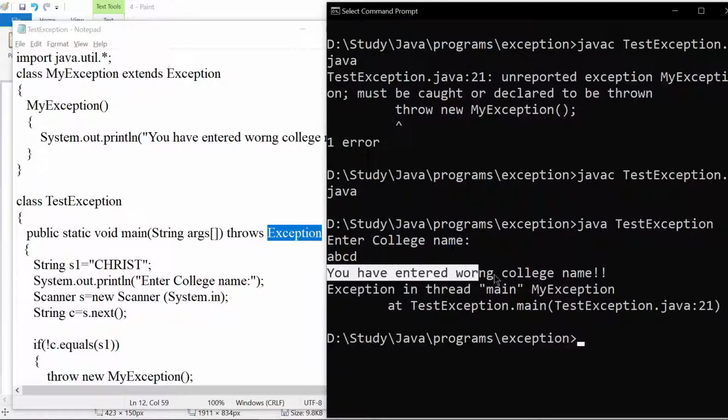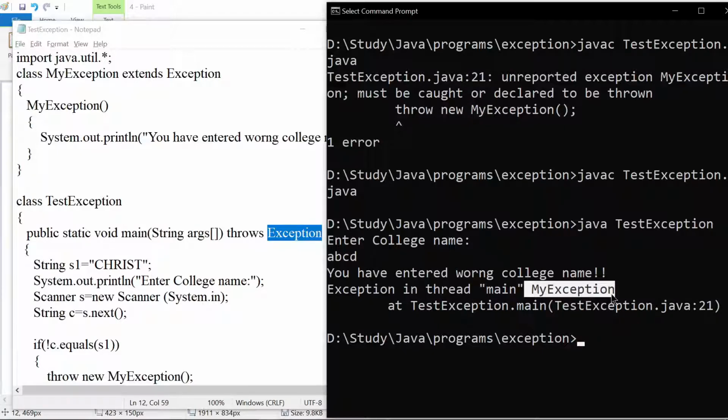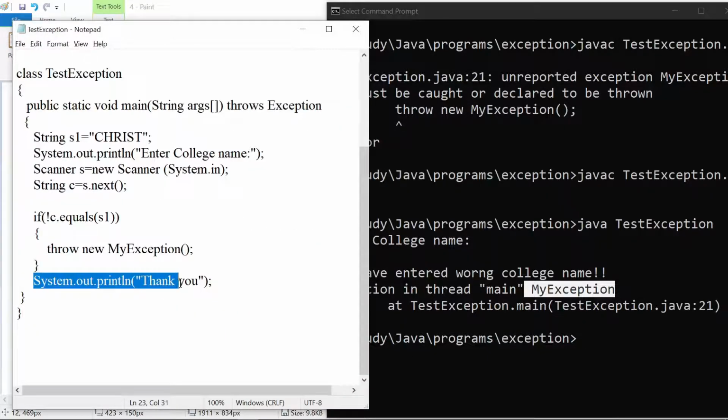That's why you have entered a wrong college name, and as you told, the system has to handle, that's why you are getting exception in thread main, my exception, because my exception, you got that exception. And if you see, we did not get the output thank you also. Why? Because whenever an exception is raised, you told the system has to handle, so it has stopped the execution